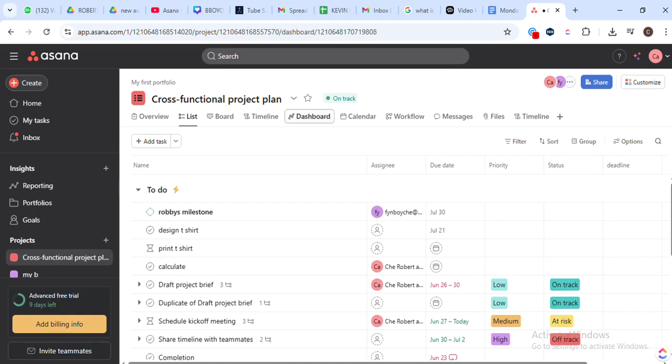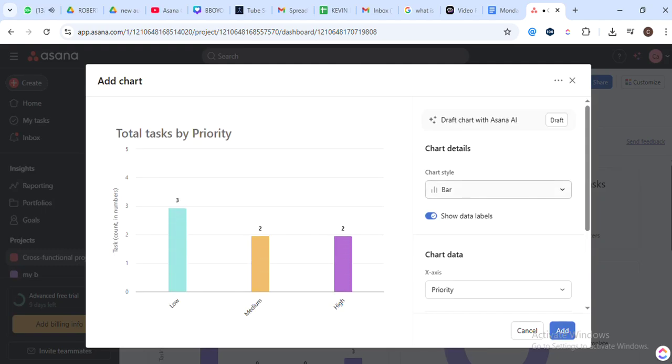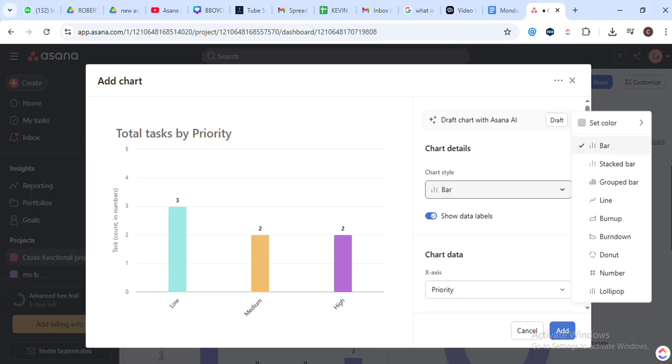Next up, we're going to create a new chart or graph. Click on the Add Chart button. This brings up a drop-down menu with lots of options. Select the type of chart you want to create, whether it's a pie chart, bar chart, or a line graph. This helps us because different charts provide different insights. A pie chart, for example, is great for understanding proportions, whereas a line graph is ideal for tracking changes over